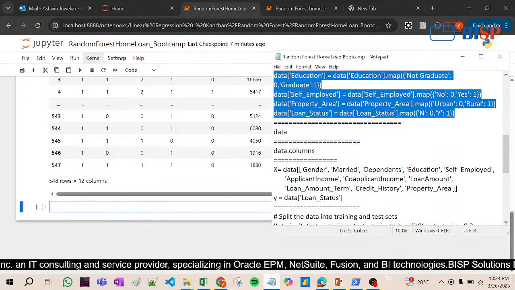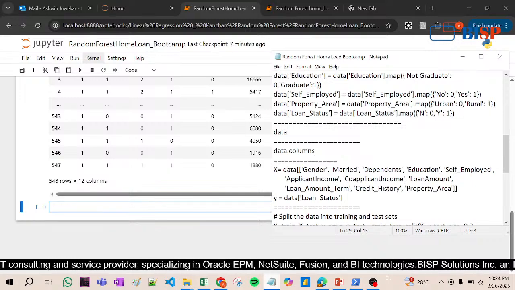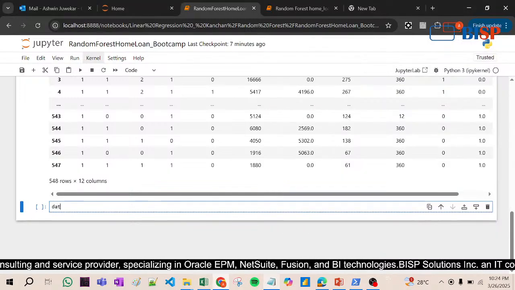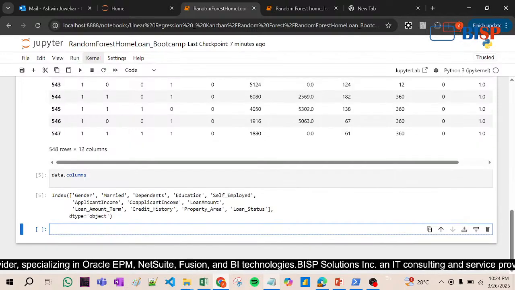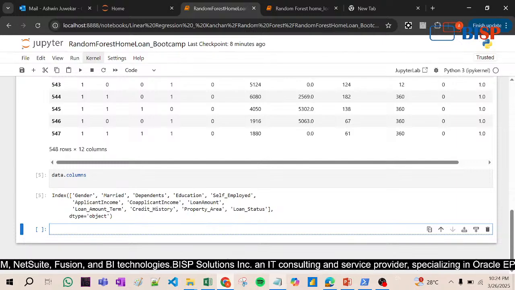Then I have already written data.columns here. Now look at this. It has given you the index, gender, married, dependents, education, self-employed, applicant income, co-applicant income, everything, loan status, everything. Now our main target is that,